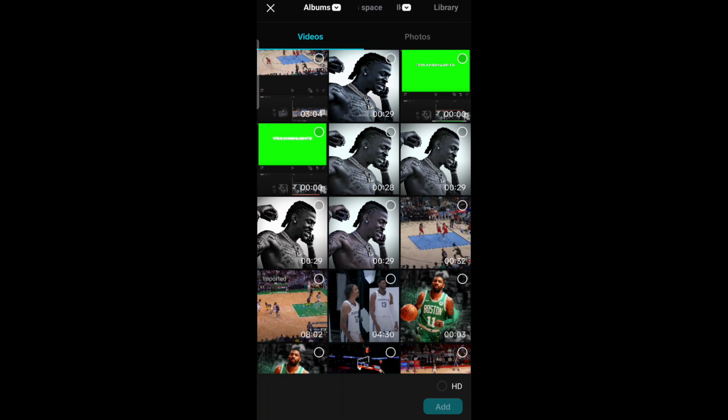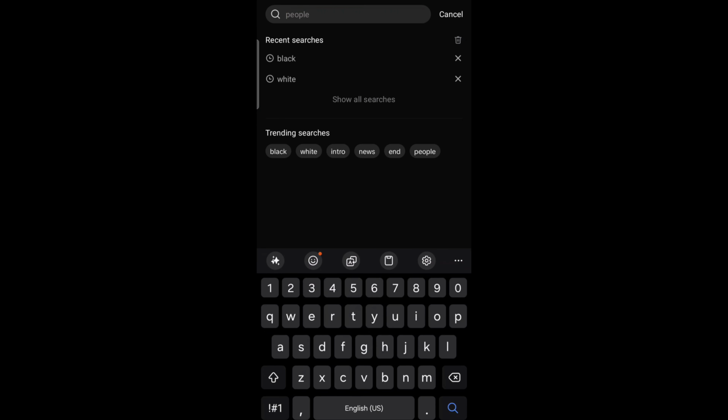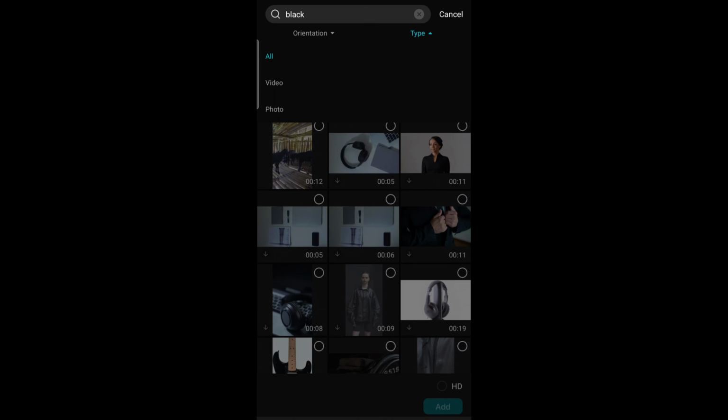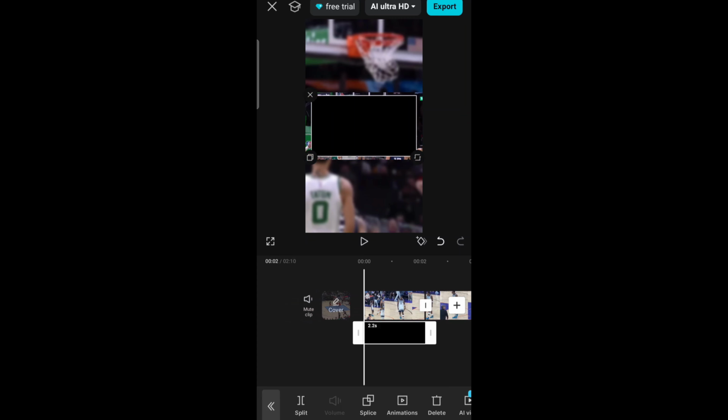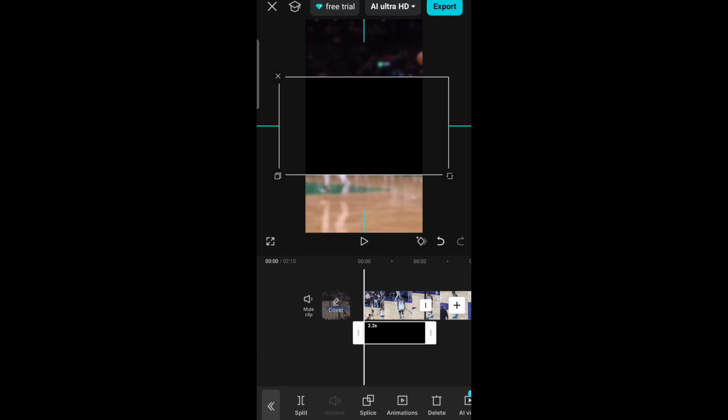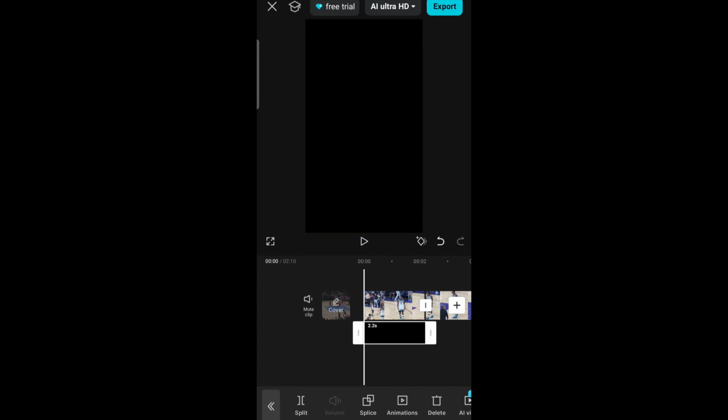then you're going to head over to library, search up black, press on type, press on photo, go here, press add. Now you're gonna match it up with your clip. Now you're gonna zoom it all, right? Then